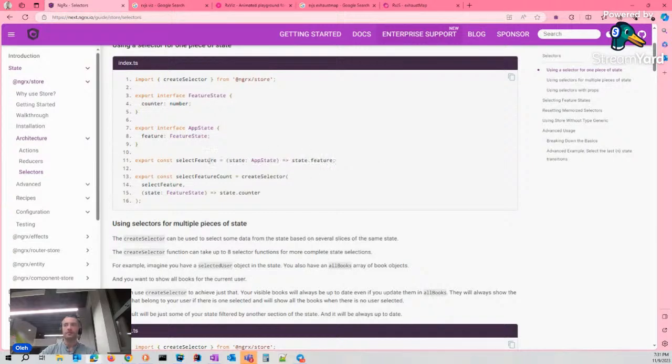First, a selector has to start with the select prefix.